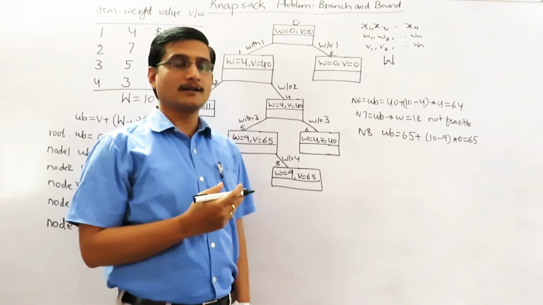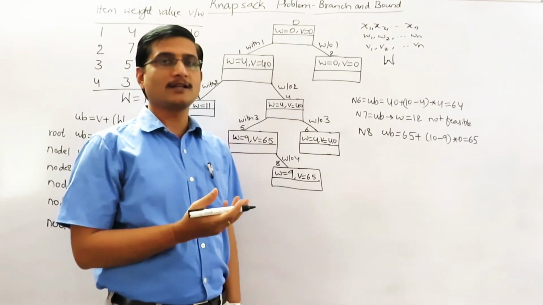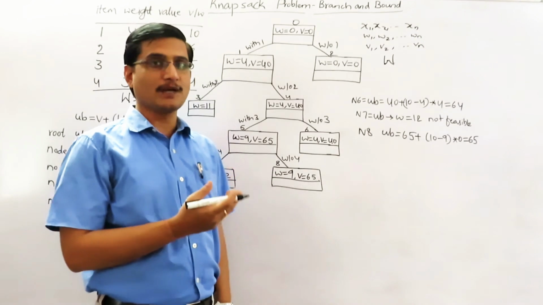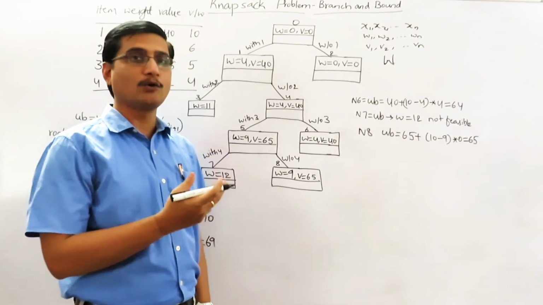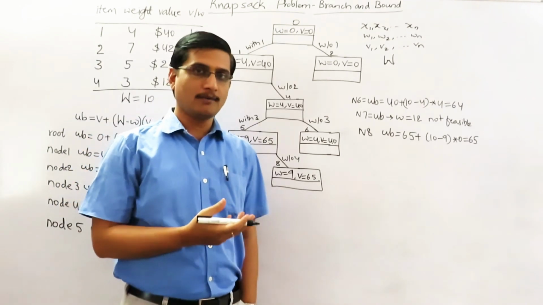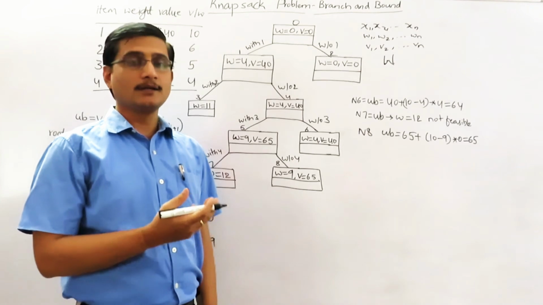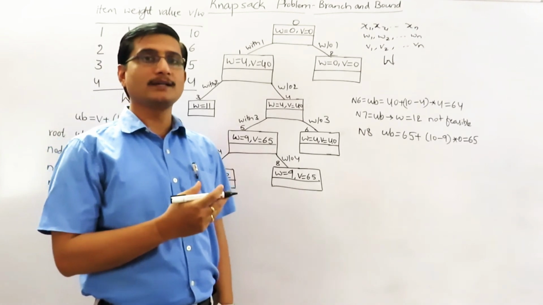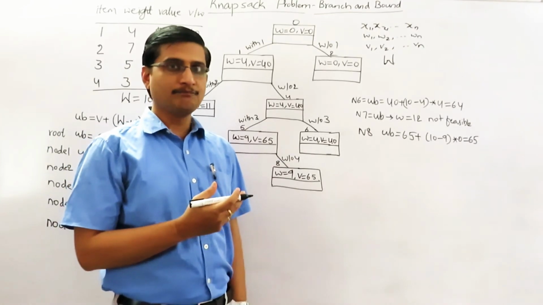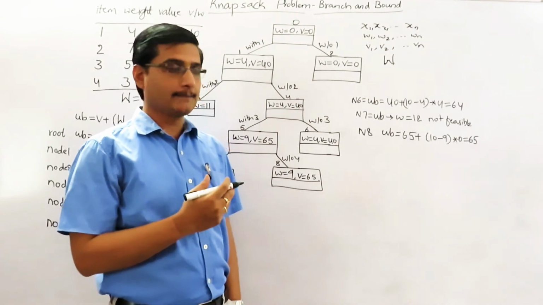But we are not considering partial objects, or fractions of objects, as we had discussed in the greedy technique. We are considering whole objects here. So we can say that it is the 0/1 knapsack problem. We need to find the subset of the given set of items which will fill the bag with the maximum profit or value gained.